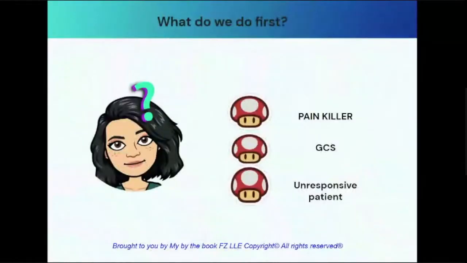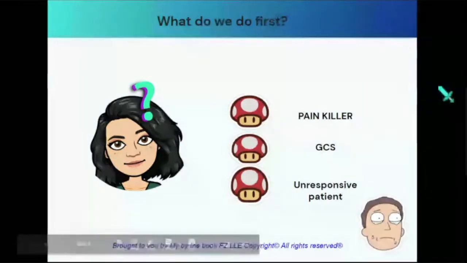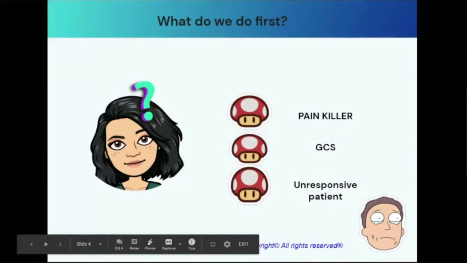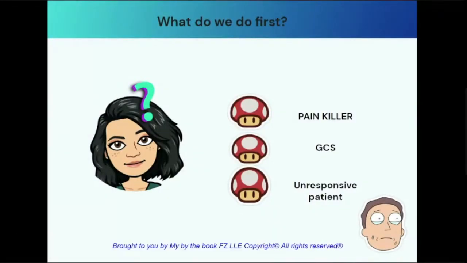All right, moving on. What do we know about this scenario and what are we going to do first? We enter inside the cubicle. You have read this question, right? You enter the cubicle and what do we do first? Some people say give the painkiller. Some people say no, you have to do the GCS. Some people say no, it's an unresponsive patient. What are you going to do? It puts us in a very difficult situation, especially this particular scenario.